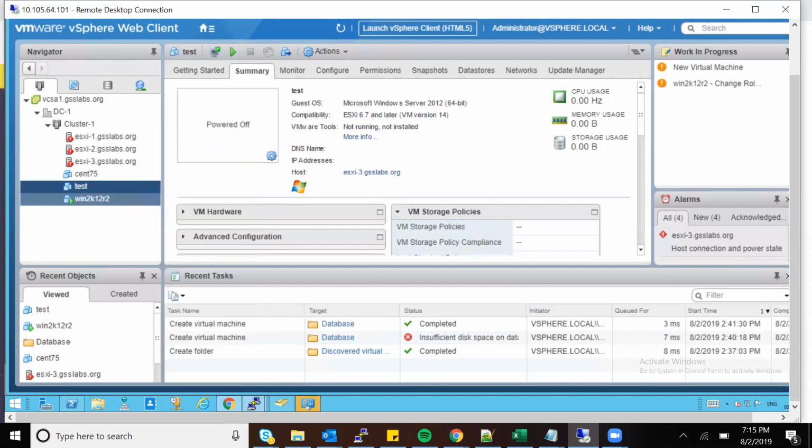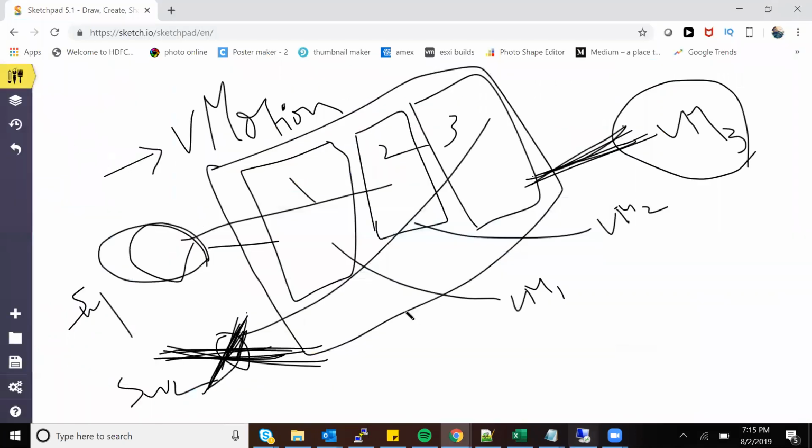We'll see there are around 10 conditions, but 5 conditions need to be satisfied if you want to vMotion the VM from one host to another host. We'll talk about that in future. But for now, I would like you to remember, if someone asks what vMotion is: moving a VM while it is in production from one host to another host without causing any trouble to the running service.